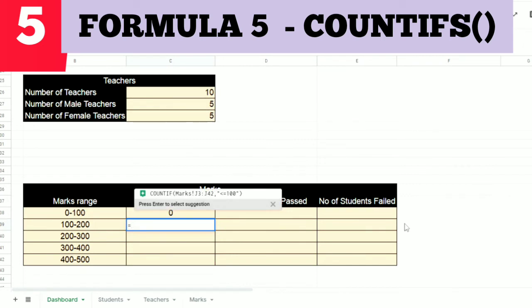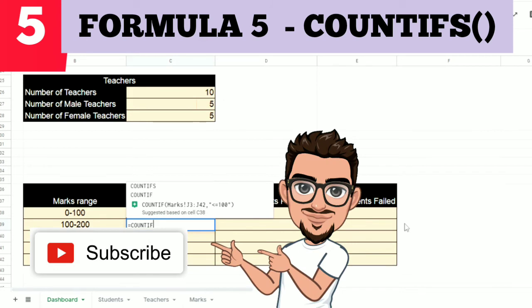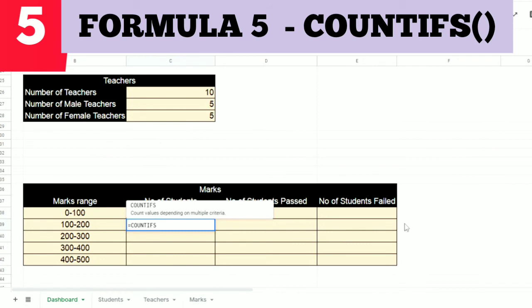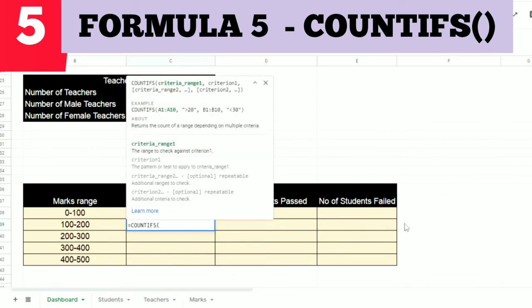And in this example we cannot use COUNTIF. The reason is we are checking the minimum and maximum range, so at that time we must use two conditions, but the count should be recorded. Then how do I do that with two conditions? For that only we have a function called COUNTIFS. Yes, here only you need to use COUNTIFS because I have one minimum range and one maximum range. At that time you should use COUNTIFS.